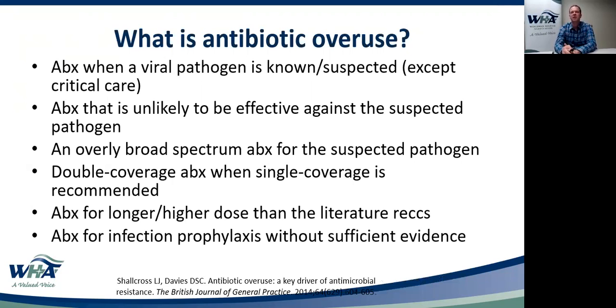So the first journal club, we talked about treating viruses with antibiotics. That's clearly overuse. I think we can all rally around that. Another example would be when we choose an antibiotic that's unlikely to be effective against a suspected pathogen. We'll get into that in this webinar, but azithromycin is a great example of that. In the upper Midwest, azithromycin is unlikely to be effective against community-acquired pneumonia, and that would be an example of